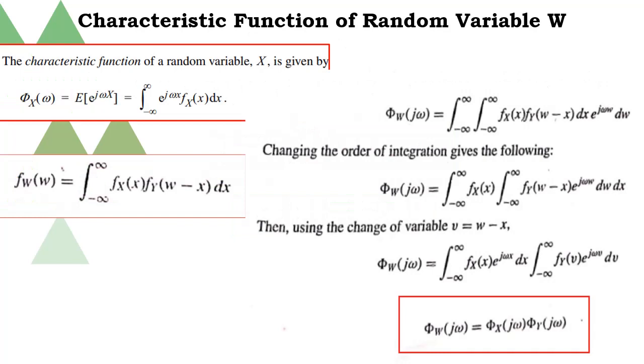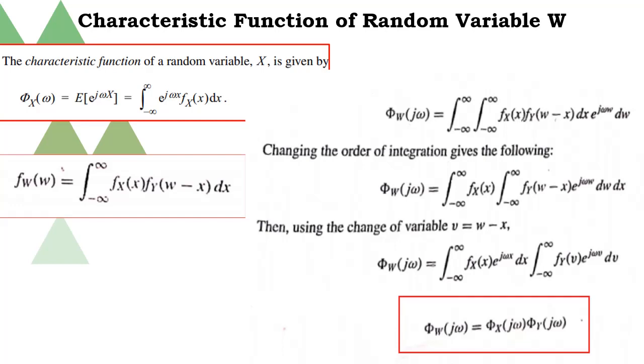Next topic we are going to discuss is the characteristic function of a random variable W. This characteristic function is a topic which is covered in the first module, and it is given as an assignment. So I request you all to go through the materials shared. Now I'll just explain the equation related to the characteristic function. For a random variable X, the characteristic function is denoted by phi_X(omega), which is equal to the expected value of e to the power j omega X, which is equal to